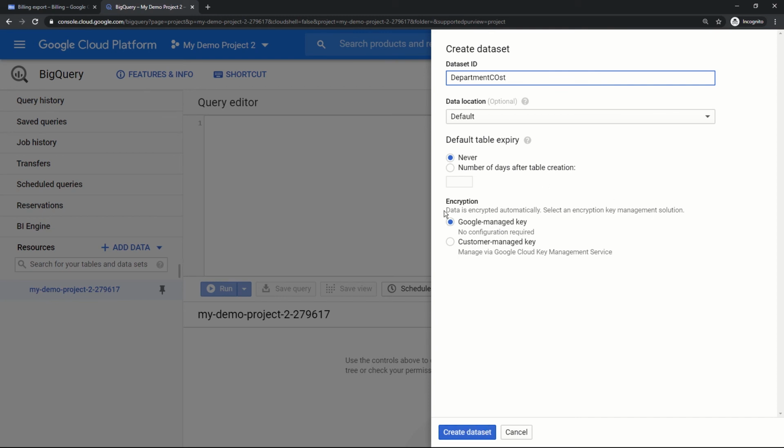This option also needs to be acknowledged: encryption. Data is encrypted automatically. Select an encryption key management solution. So it gives you two options, Google managed key or customer managed key. Currently we don't have any key to encrypt our data, so we will go with the Google one. And Google security is the most robust in the market, so you can rely on Google managed keys.